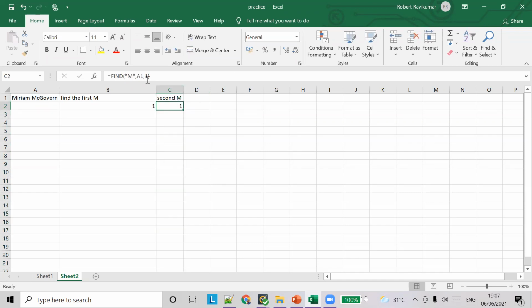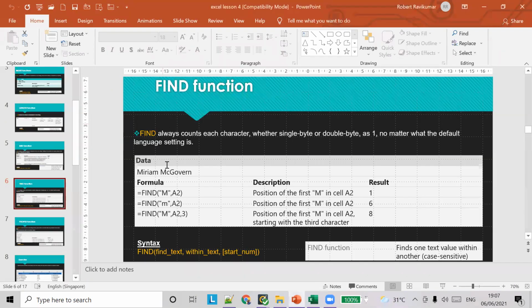So let's say I want to get the position from 3, okay. Now you will get 8, okay. So you find the second M, because at position 1 we have the first M. So that's how you can find a specific character after a particular starting position, okay. So this is how you do it.